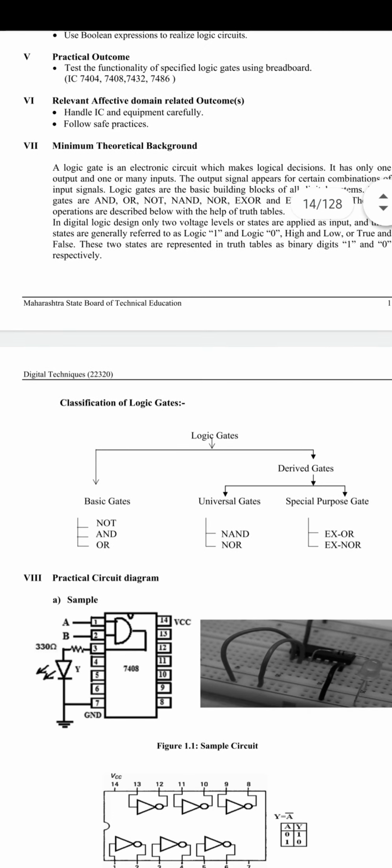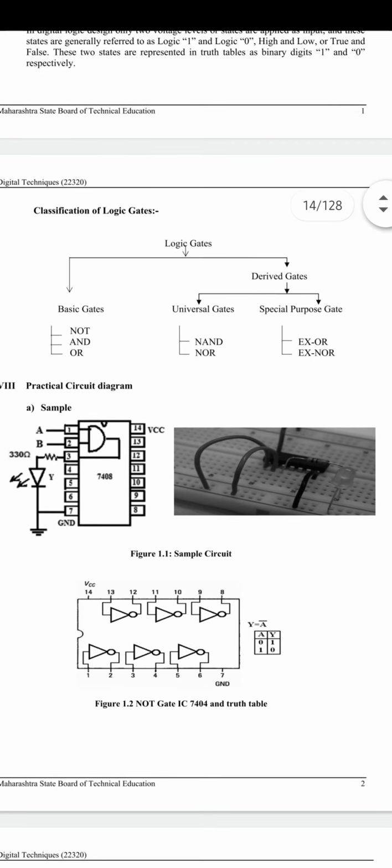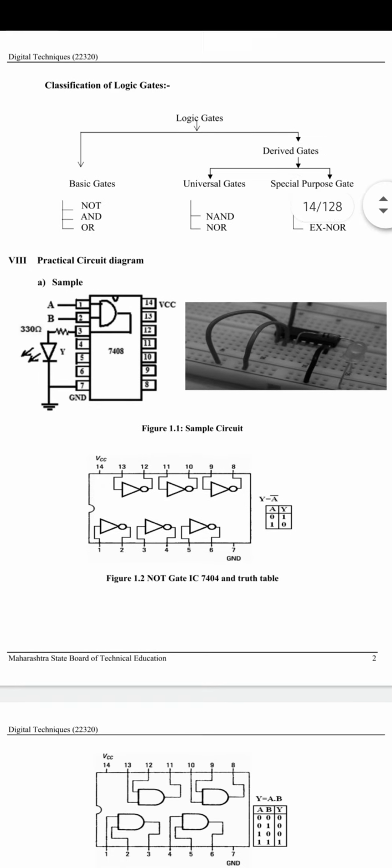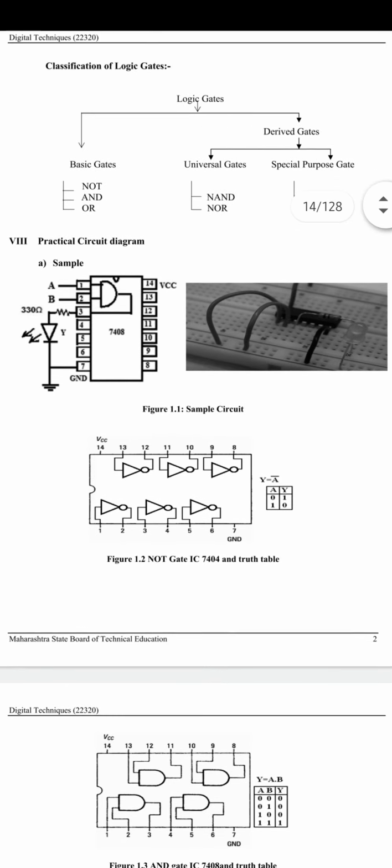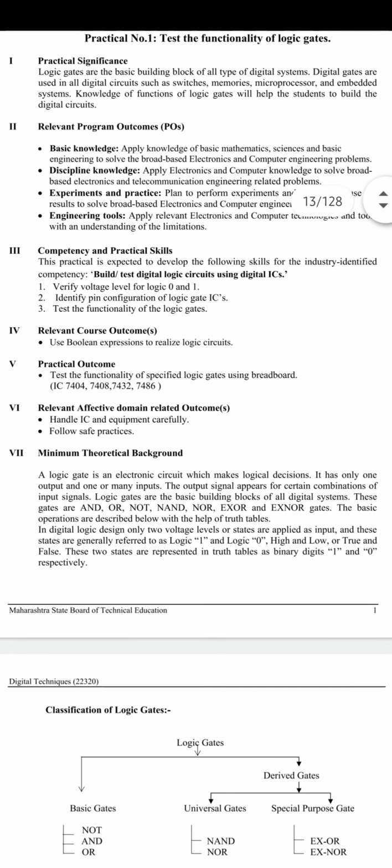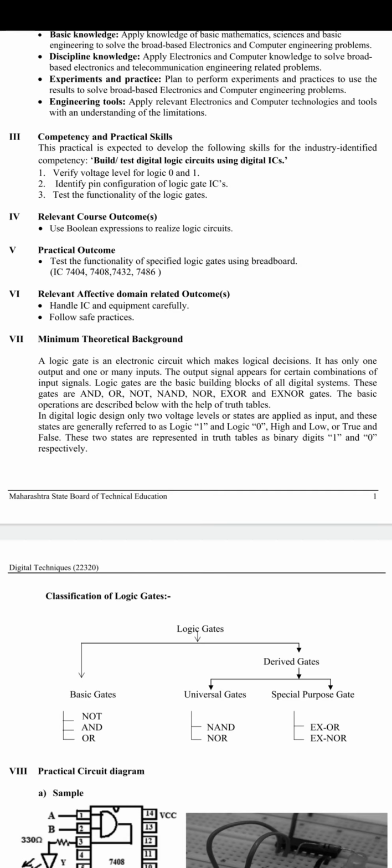Here you can see some theoretical concepts have been given, all about these ICs. As I said, every gate is available in the form of an IC, an integrated circuit, and that integrated circuit is designed or fabricated with the help of different logic families. Just to recall, we have seen TTL, transistor-transistor logic, then MOS technology. All these technologies are used to construct or fabricate these ICs.